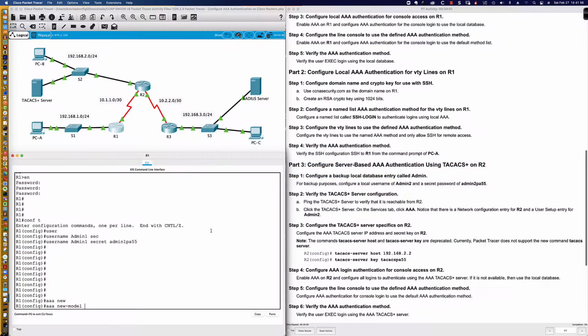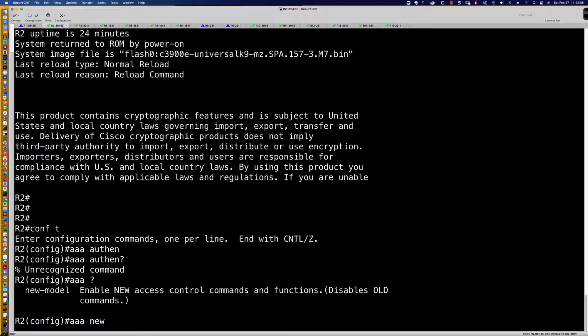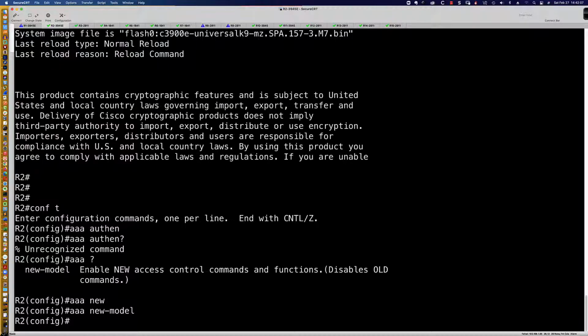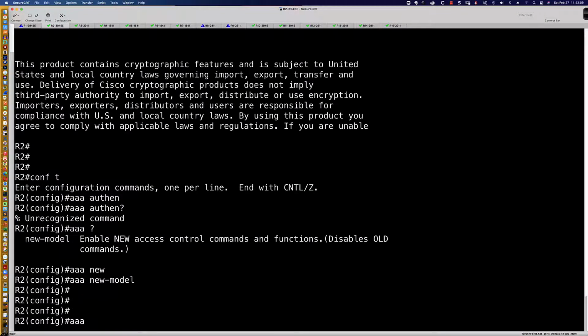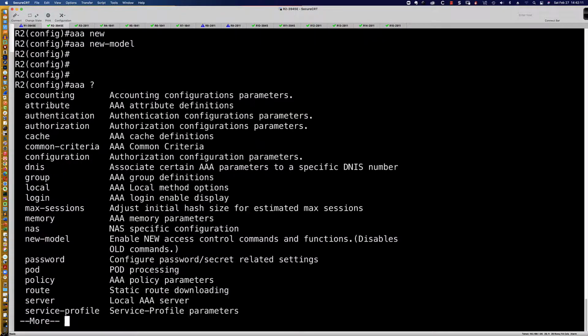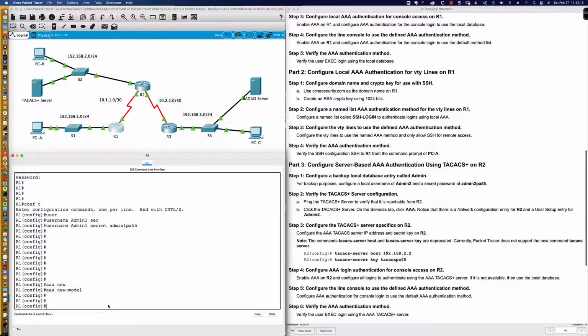So we're interested in the new model, which, as you can see, even today is disabled by default on Cisco iOS devices. So I would say AAA new model, right? So now as soon as I do that, and let's kind of follow along over here. So we'll say AAA new model. And now when I say AAA and I do a question mark, you can see that we have many more